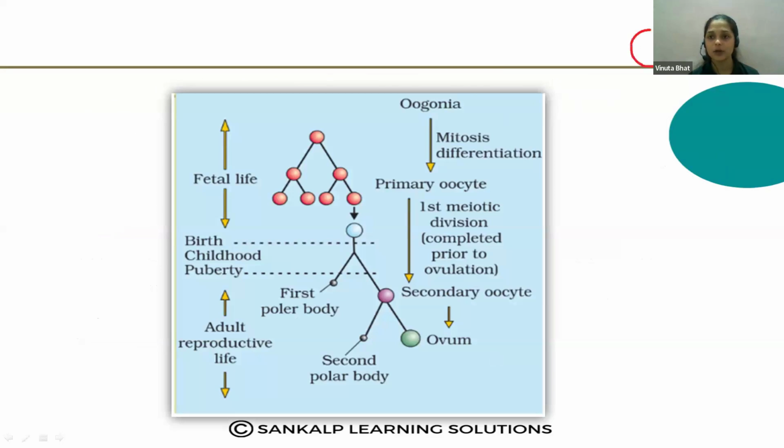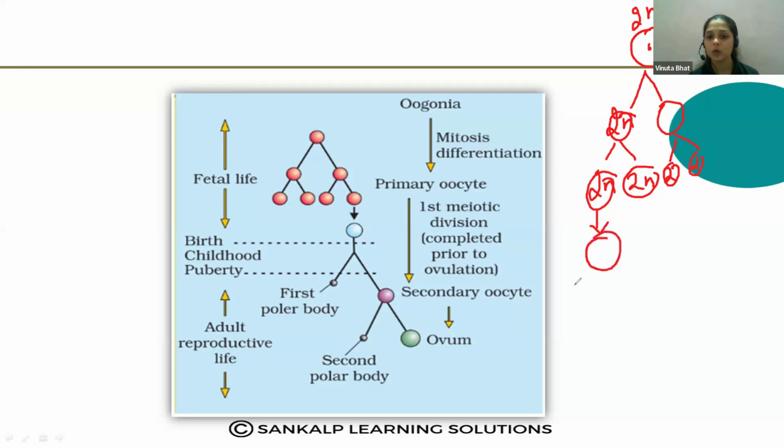Oogonial cells, oogonia, are diploid in nature, and they undergo mitotic division. When mitotic division occurs, they increase their number like this. After increasing their number, all the cells here are diploid in nature. These cells undergo maturity, forming the